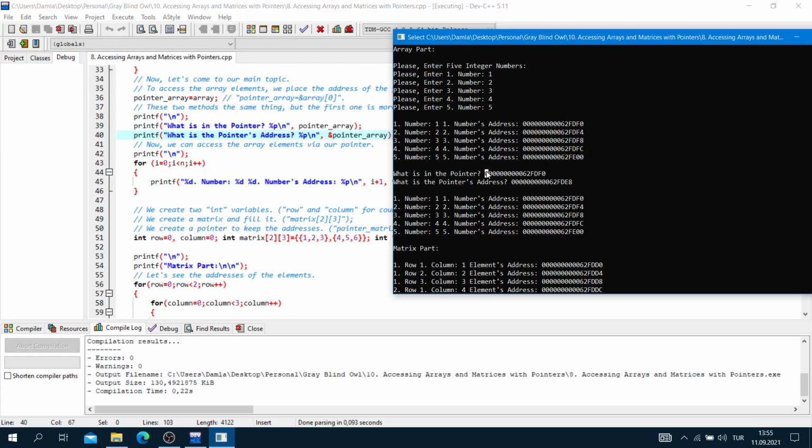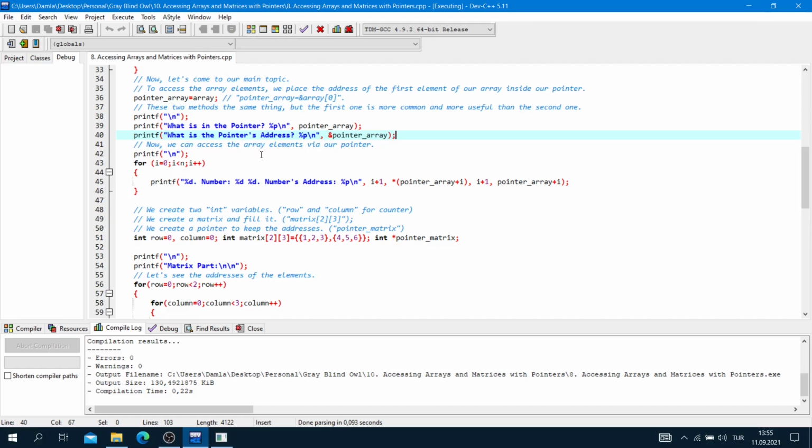They are the same address. So our pointer has the first element's address in it. Okay? What is the pointer's address? 62FDE8. This is our pointer's address.